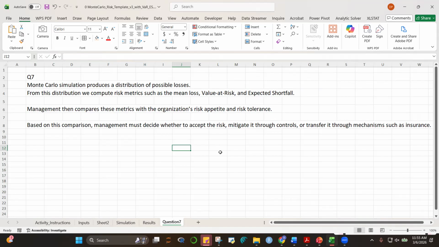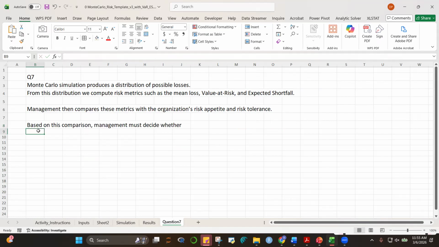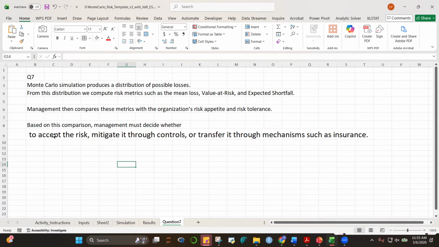So those are the possible interventions. Control X. That's what insurance is all about, for example, the transference of risk. So management can either accept that risk, because it's tolerable.